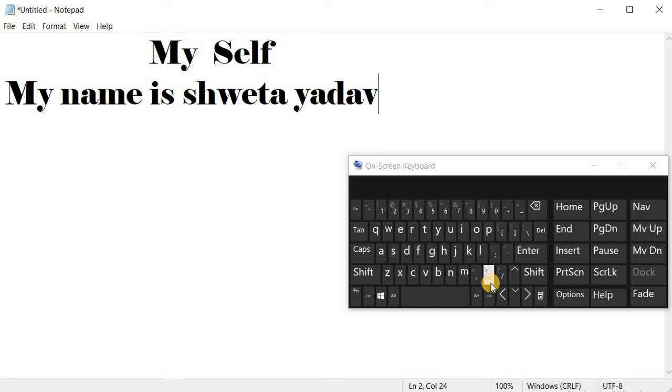So where is the full stop? Here. Click here, then the full stop will appear. Now you can see the full stop key also has the greater than sign. Why is the greater than sign not printed here, and only the full stop is printed? Because the greater than sign is the top of the key and the full stop is the bottom of the key. So remember this, the bottom of the symbols is printed